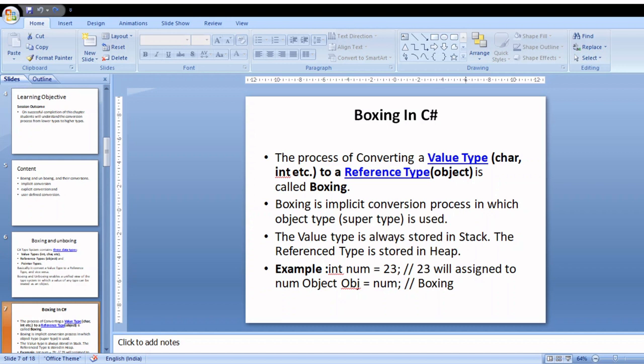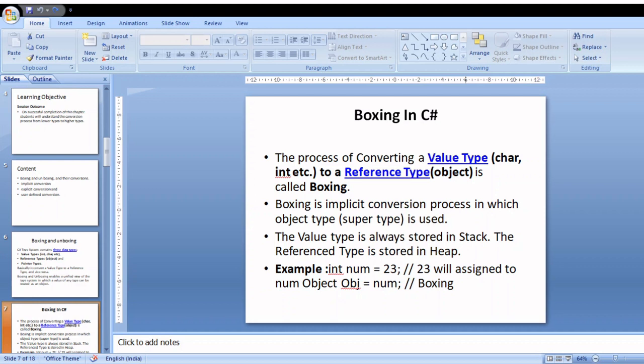Here the process of converting value to reference type is called boxing. It is implicit conversion process in which object type is used. There is one example here. If you declare a variable num with the data type int and store the value 23, then you can assign that primitive data type variable to the variable obj.